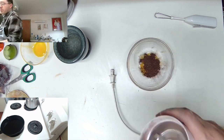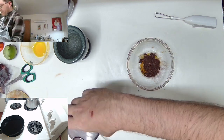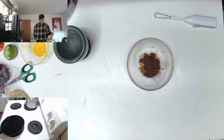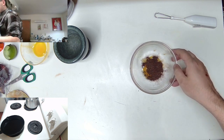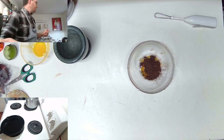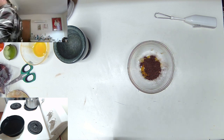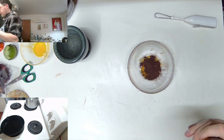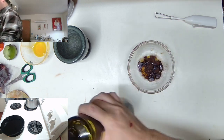So, I don't know what bloodleaf is supposed to taste like. There is a real plant called bloodleaf, but that is not what the Fallout bloodleaf is. The Fallout bloodleaf is some kind of aquatic herb. I'm going to start a little bit of oil in there, and we're just going to kind of,